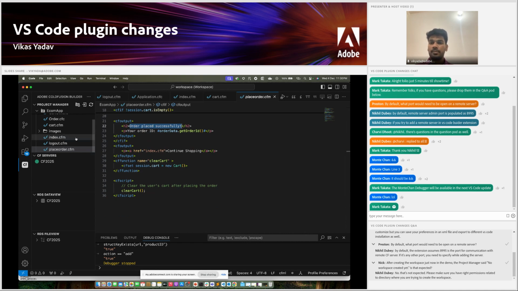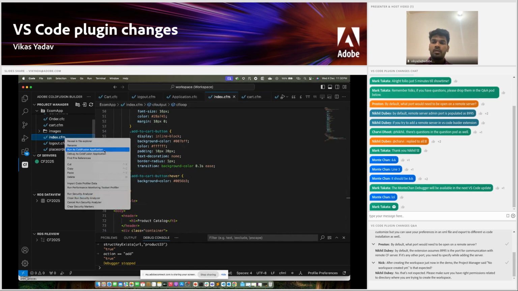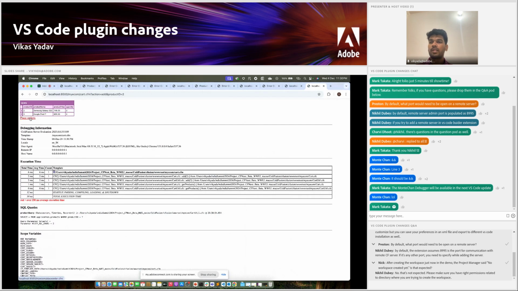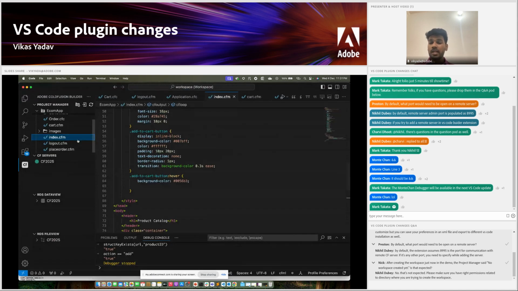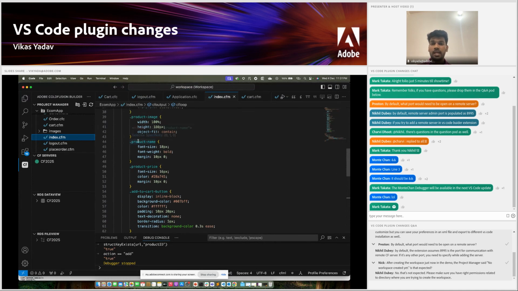So let's see. Application, we have it here. We click place order, and we see the order is placed successfully for these two orders. So I just want to show you a few things. Here, we have hover support for non-HTML elements as well. And I just wanted to show you how we can use the debugging to find the issues that exist in